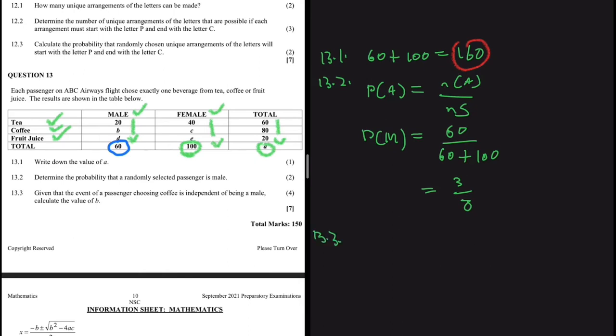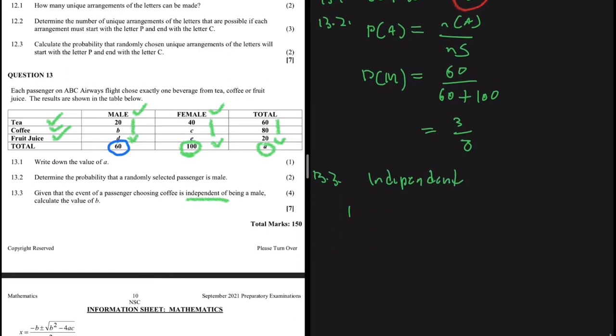13.3 says given that the event of a passenger choosing coffee is independent of being a male, calculate the value of B. So keyword independent, right? So if we have independent, then we have situations where the two are dependent. So let's address independent first. So if the events are independent,